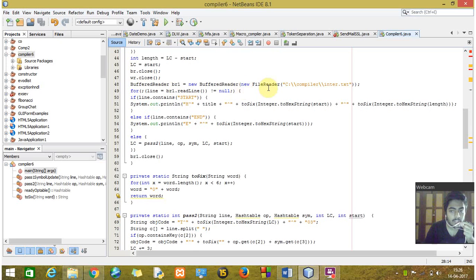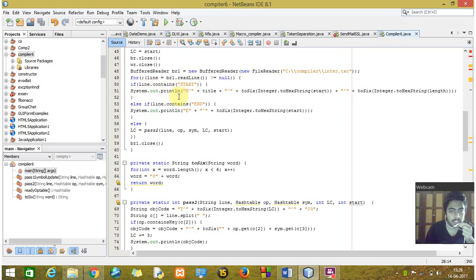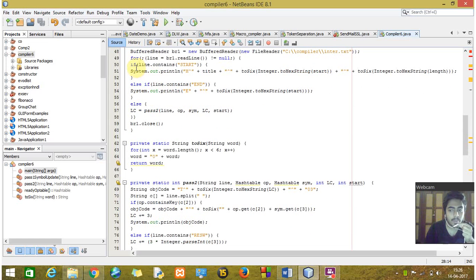In this I will copy whatever is in the enter.txt file, the opcode for the particular symbol. If the line contains start, in this I will print H, that is the header record, and the title, that is start.